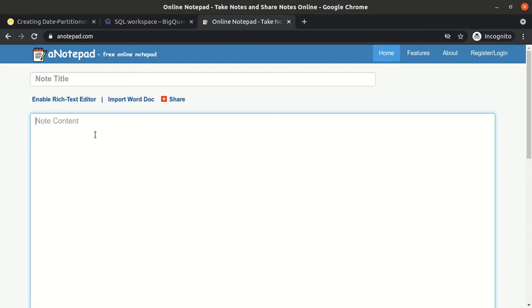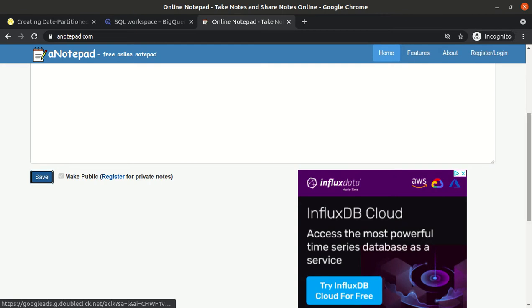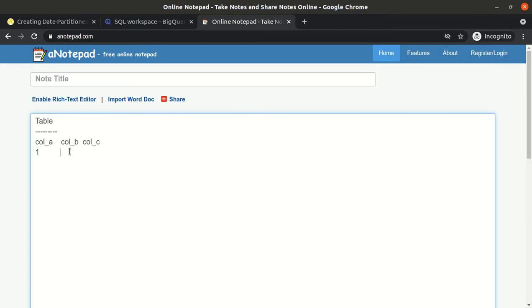Let's suppose we have a table, and under the table we have a few columns: column A, column B, column C, with some values. Here we also have a few dates: 2015, 2016, 2015, 2017, 2018, 2018, 2017, and so on.